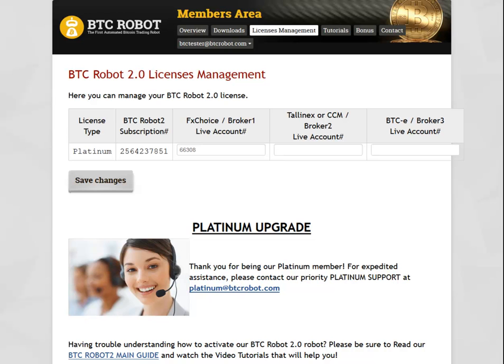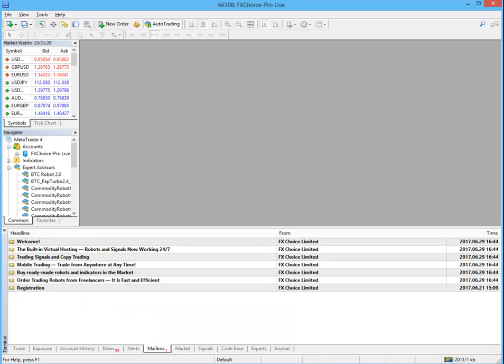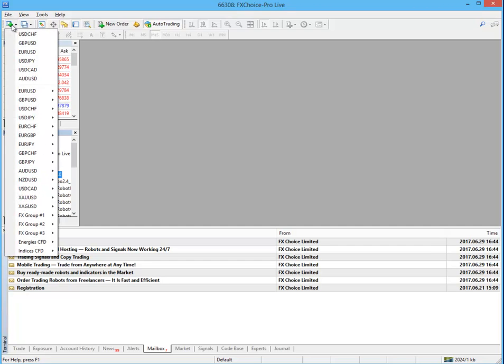Now, let's get on to the actual robot setup. First, check for BTC Robot 2.0 under the Expert Advisors drop down here inside the Navigator window, and there it is. So now all you need to do is open a Bitcoin chart, that is BTC USD. Just click this new chart plus icon to get a list of all the available pairs, and I'm looking for